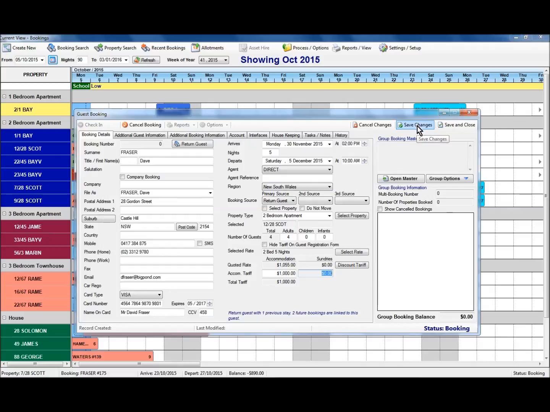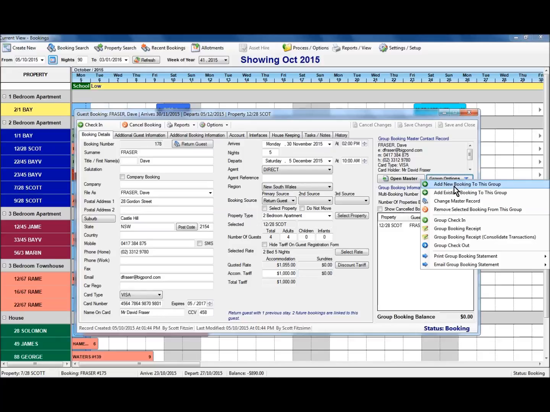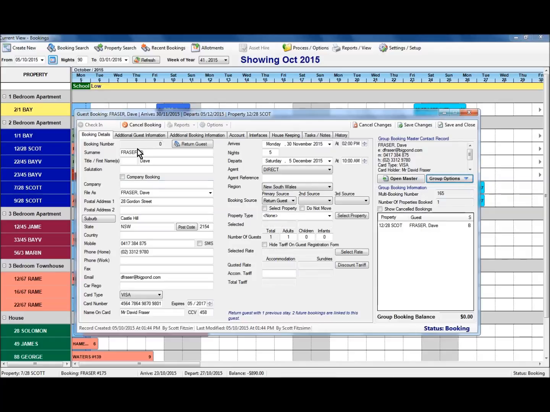So if we save our changes on this one, we get a booking number assigned to this booking. We also get a multi-booking number assigned here and currently shows the number of properties booked and that first booking information there. What we can do now to continue making a group booking, under the group options here, we can select to add a new booking to this group, and in doing so, we have got a second booking ready to go,